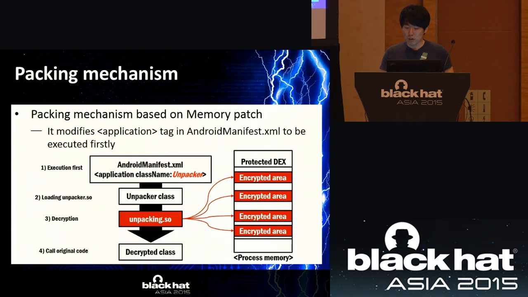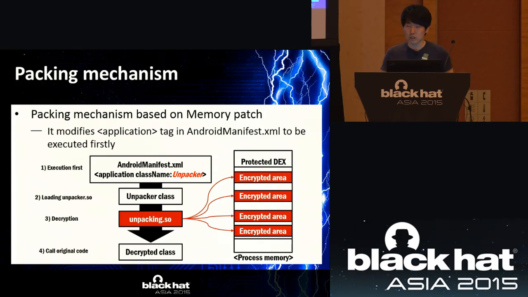Now, this is a packing mechanism based on memory patch. The previous method used a mechanism that loads decrypted Dex in memory directly. In this method, the Android packer encrypts partial code of the original Dex, so there is no additional loading of Dex. Two key differences are whether to encrypt all areas or partial areas of the original Dex, and whether it loads a secondary